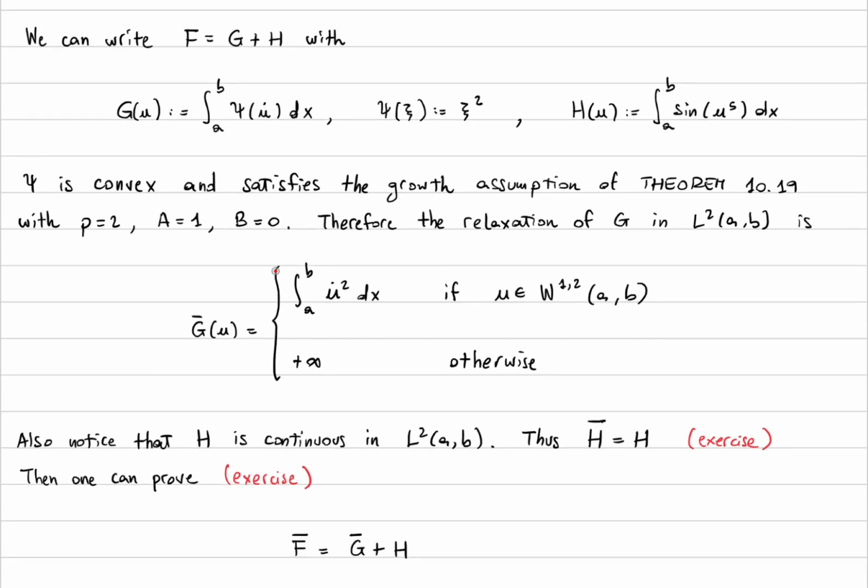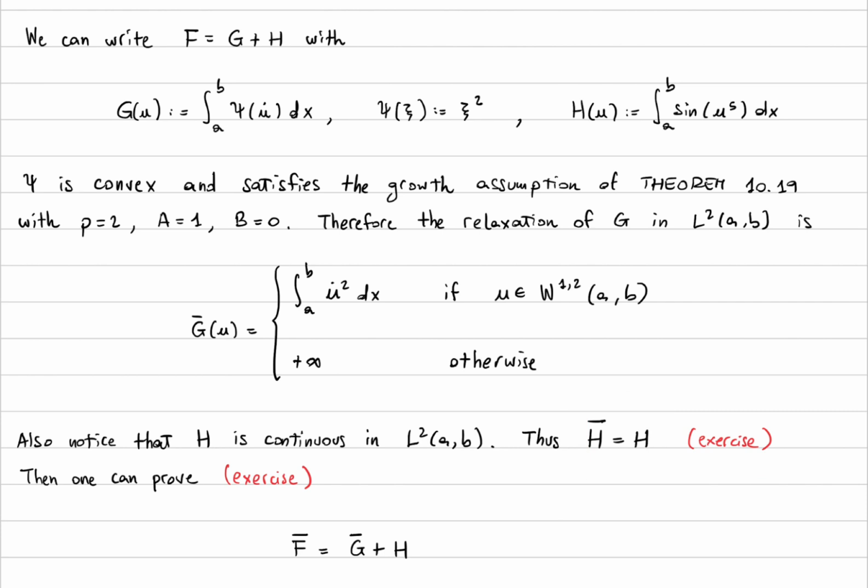term, because we want to relax the whole functional F, you have to notice that it's continuous in L2 of AB, and this is immediate to check by dominated convergence, for example. And therefore, since H is continuous, the relaxation coincides with itself. And this is true for semi-continuous functions. So if you have a function which is lower semi-continuous, then the relaxation is the function itself. And I will leave this as an exercise in the exercise course